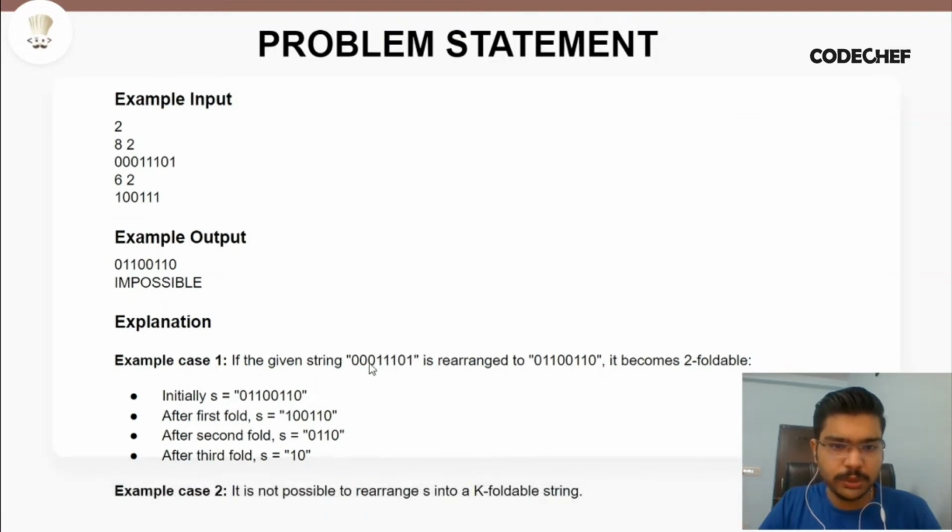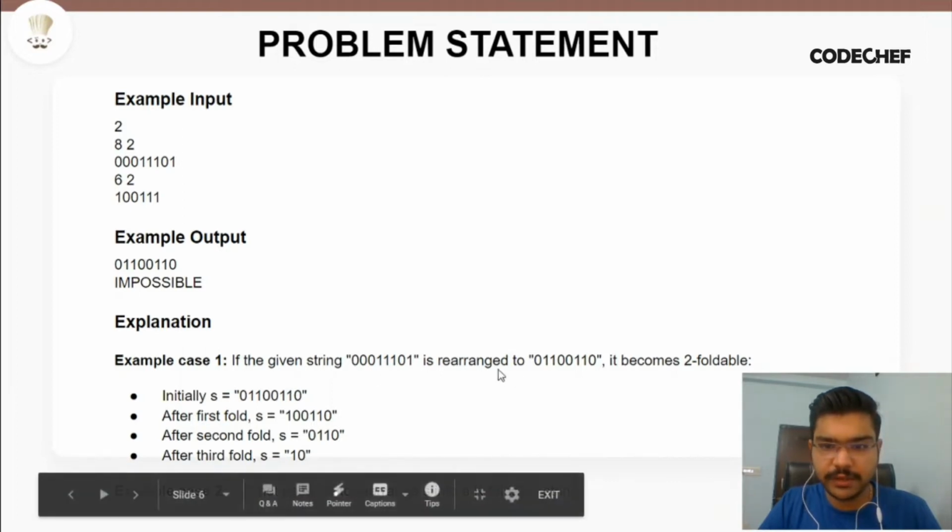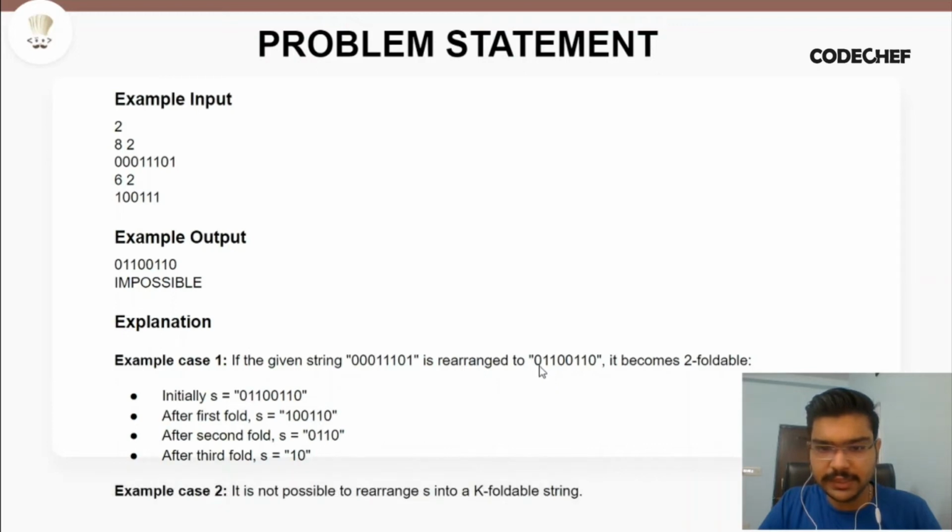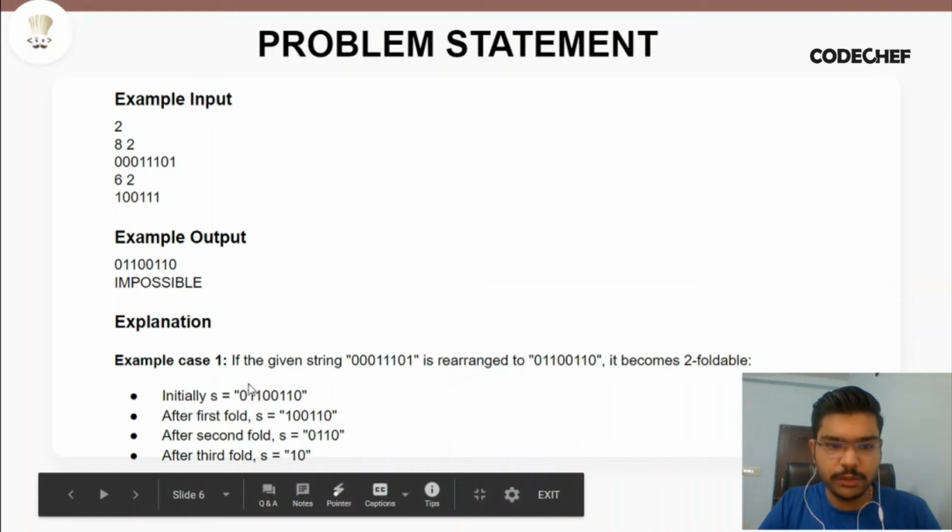First, we'll select a prefix of length 2k, that is 2 into 2, that is 4. So first we'll select this prefix. We have rearranged the string into this, so we'll select this prefix. As we can see, the ith character matches with the (2k minus i plus 1)th character. So we'll remove the prefix of length k. So we'll remove 0 1 from here. After the first step, we remove 0 1 and the leftover string will be this: 1 0